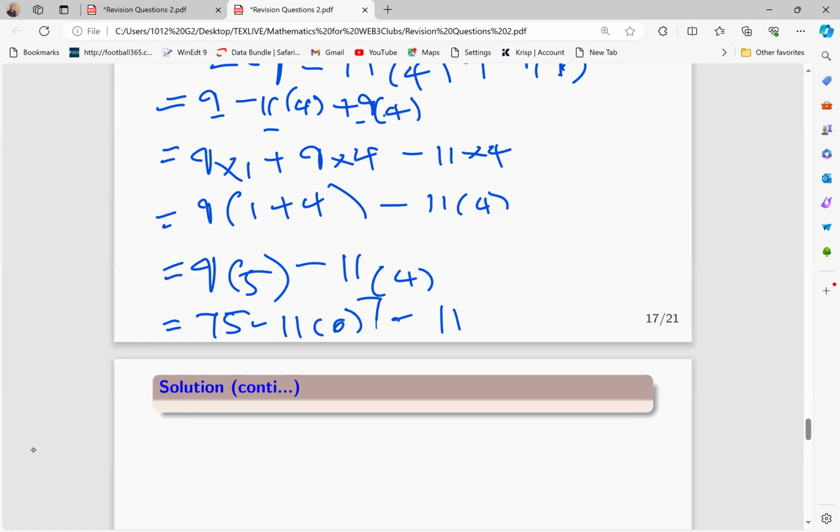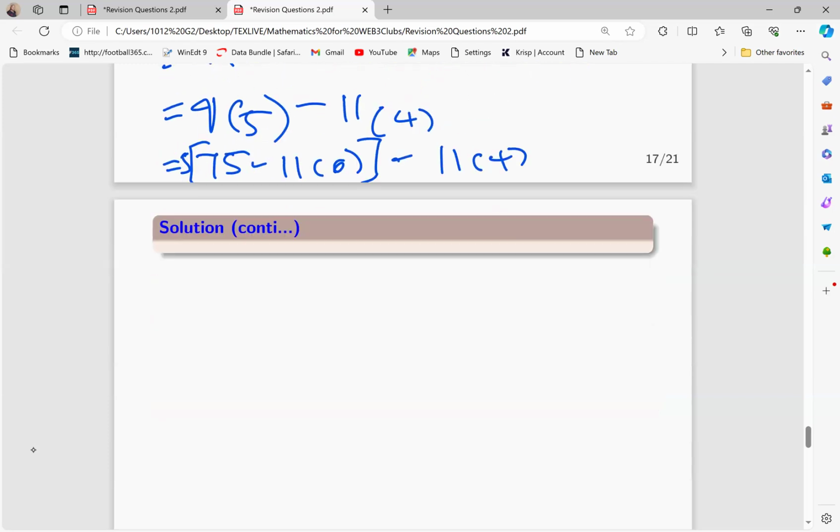There's a 5 here, you see? 9 is multiplied by 5. So the equivalent of 9 should be multiplied by 5. So there should be a 5 outside. Exactly. Yeah, and then this is a 4. Okay, and then